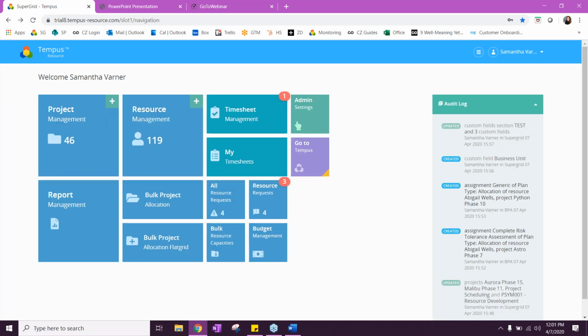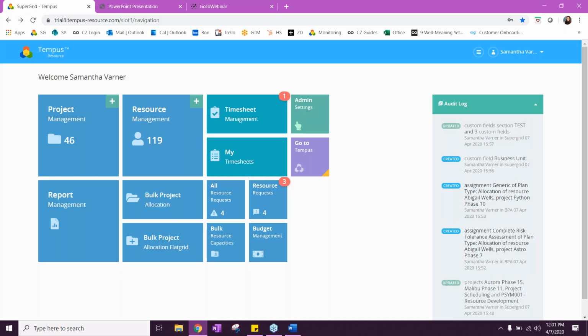Okay, timesheet management. So Tempest Resource has an additional add-on called Timesheets. This provides insight to the allocation of resources and really how long it takes them to complete tasks. Resources can submit their working hours for individual projects over days, weeks, or months. And specifically,